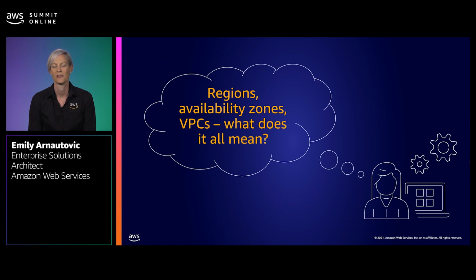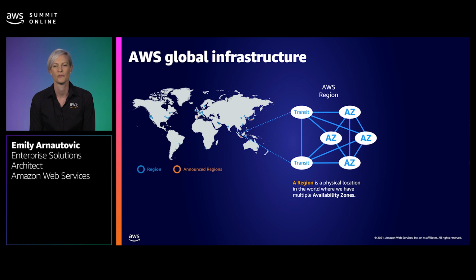Like Nikki and her team, you may have heard terms like AWS regions, availability zones, VPCs, but maybe you just aren't sure what that means yet for a workload on AWS. Nikki needs to choose where that 3-tier app will run. For that, we need to select an AWS region.